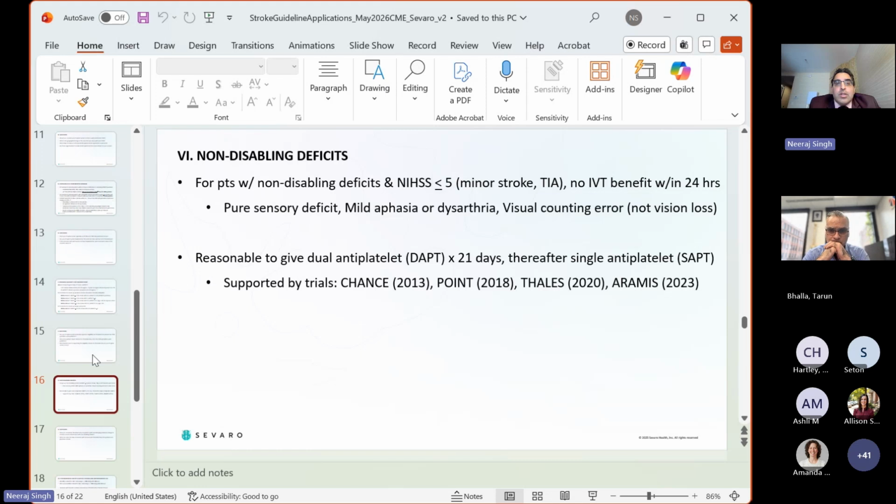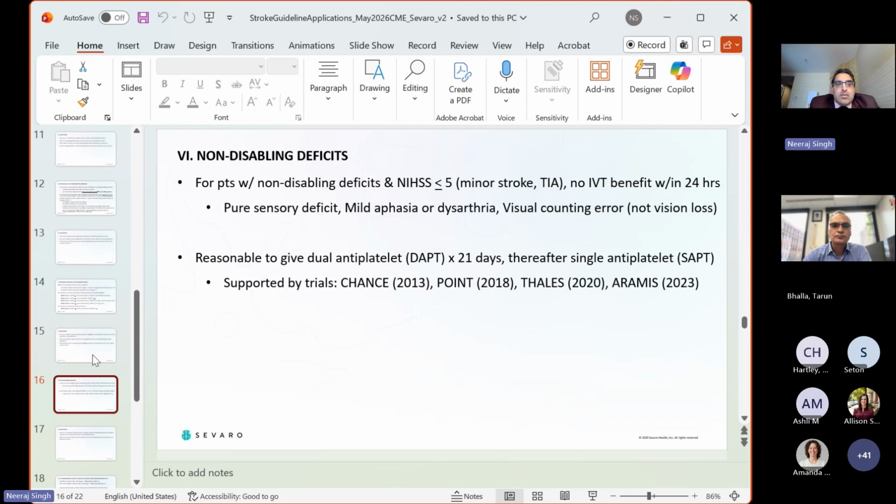We're talking about, as examples, pure sensory deficit, a mild aphasia or dysarthria, even an error in vision, like a counting error, but we're not talking about full motor deficit. We're not talking about unintelligible speech. We're not talking about complete or even partial vision loss. When we're talking about these mild symptoms, it's been found that the risks actually outweigh the benefits of giving IV thrombolytics,